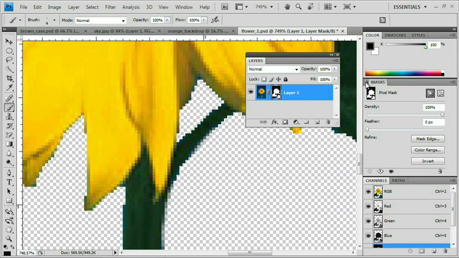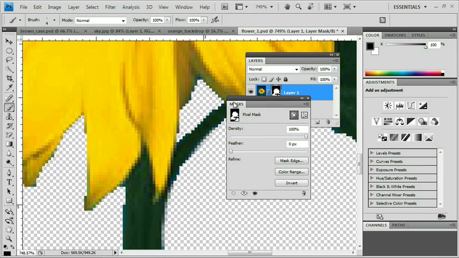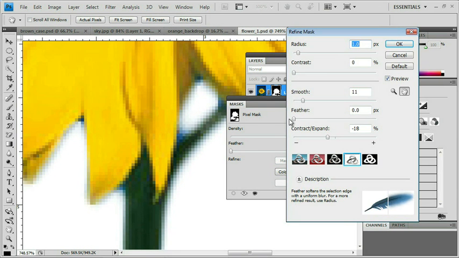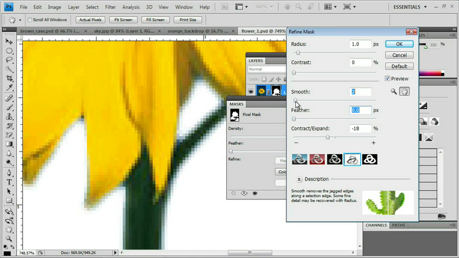And so if you don't see the Masks panel, make sure you go under Window and pull up Masks. And you'll notice that in here, I can click on Mask Edge. I can feather a little bit if I want. Now notice I'm viewing this at 748%, so it's not really this pixelized. I can smooth out my selection, or choose not to smooth it as much. Set the contrast, the radius. I can even contract or expand my